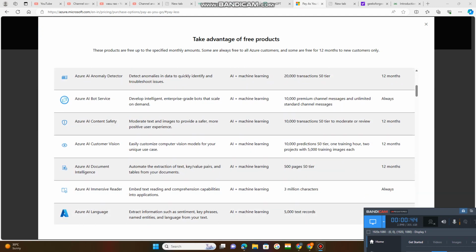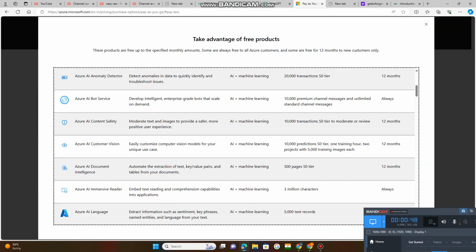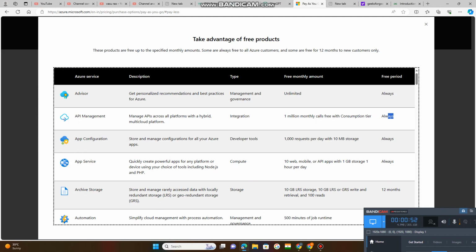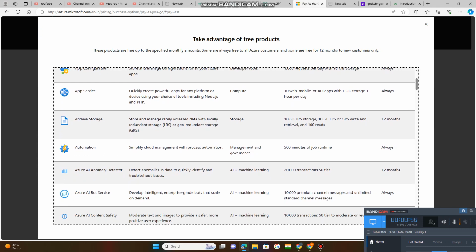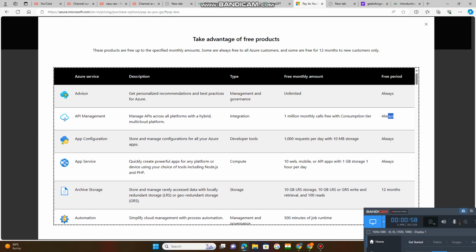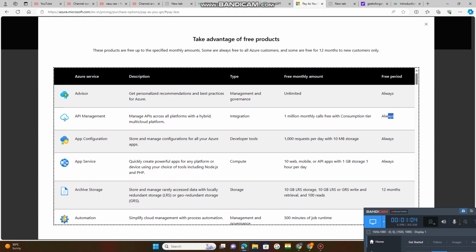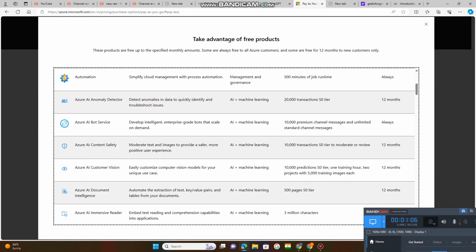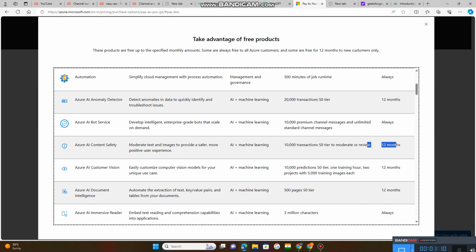Because if I directly brief all these things, I want to give somewhat practical experience by creating an account. How can we create an account if I want to be part of Microsoft Azure? What are the services, what are free services, and what are paid services? Many are, this is 12 months of free.